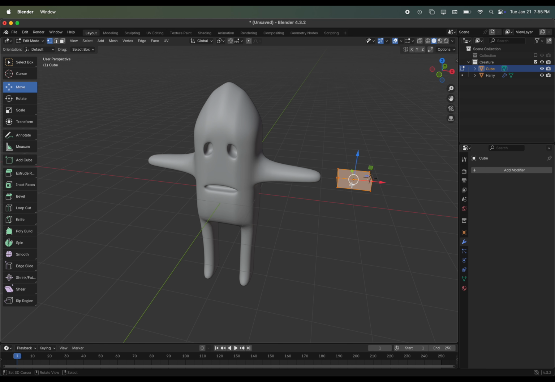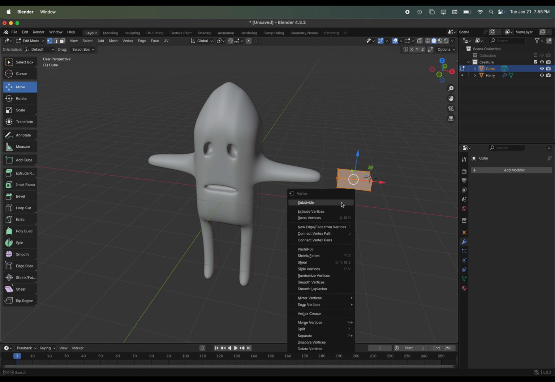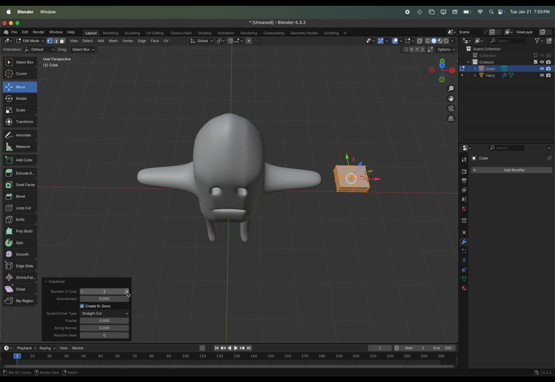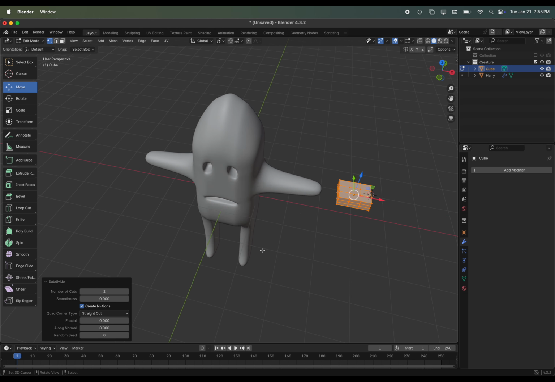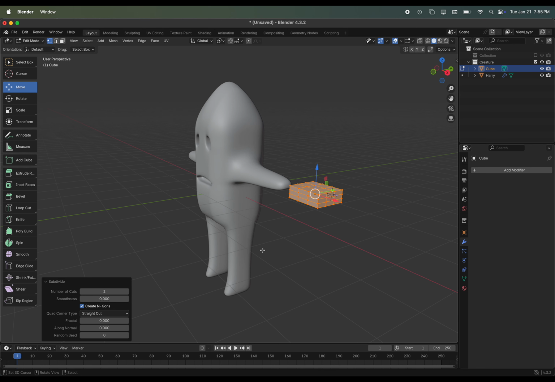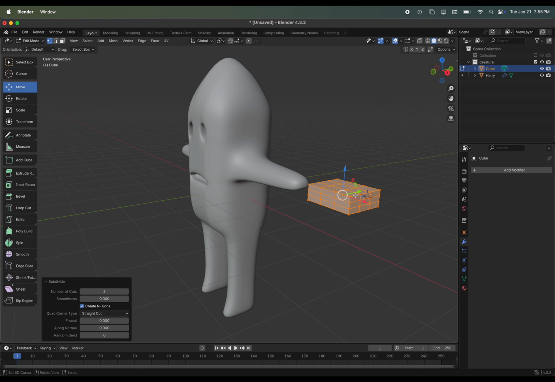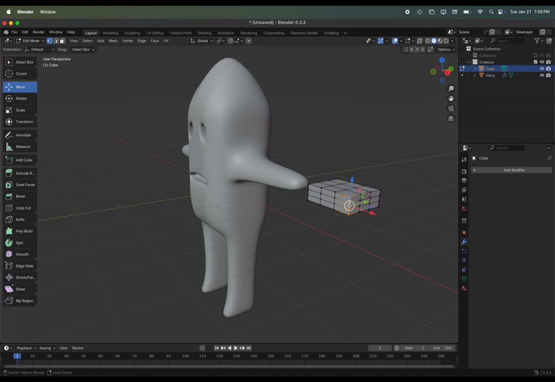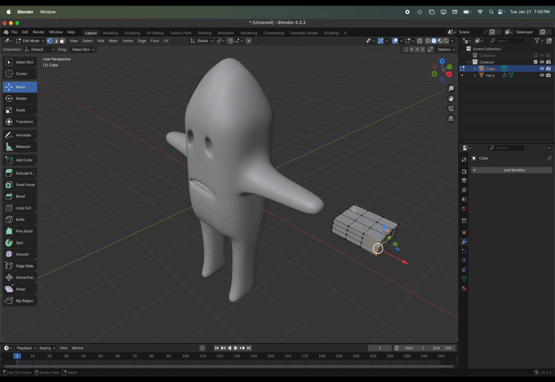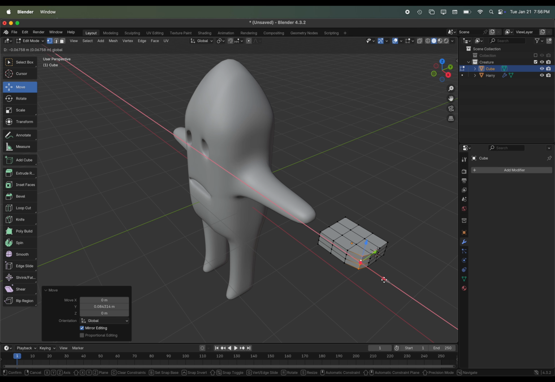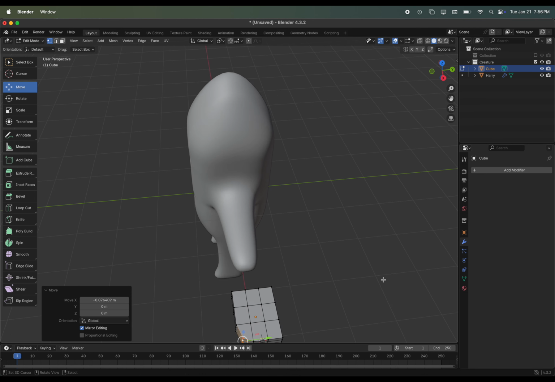So I'm deliberately leaving some space, and now that I have the general size the way that I want it, I'm going to press Tab to go back into edit mode, W to subdivide, and I'm going to have 2 cuts here, I think, so something like that. And I'm going to start out just by making this into a mitten hand. I'm not going to go too complicated with lots of fingers and things just to save a little bit of time. But I'm going to start just by rounding it out a little bit like we did for the torso at the start.